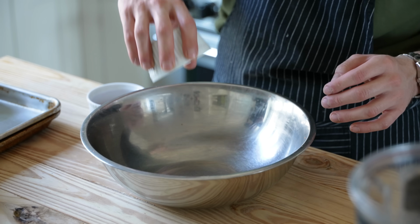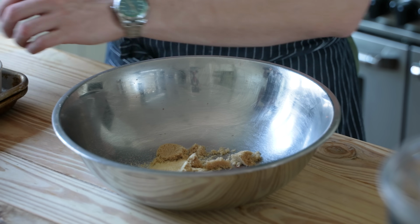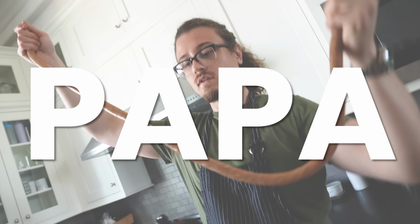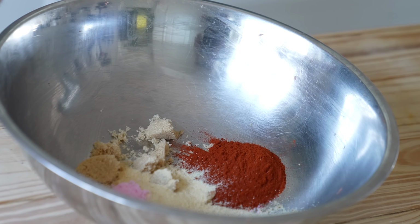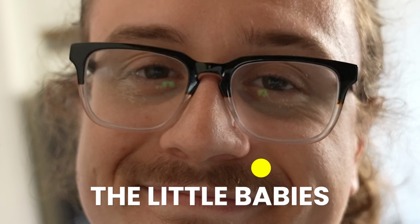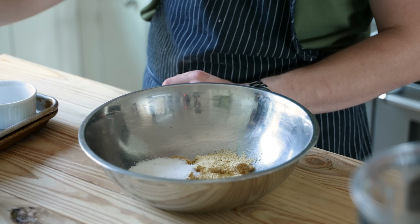In a separate bowl, combine 1 tablespoon or 15 grams of brown sugar, 2.5 tablespoons or 24 grams of smoked paprika, 1 tablespoon or 12 grams of garlic powder, 5 grams of Prague powder number 1. Now, listen carefully to Papa. 5 grams. You understand? Don't get all weird and try to do this in teaspoons. This stuff is dangerous if not handled properly, so please use a scale in the parameters that I've written here. Keeping it safe for the little babies. Yeah. 2 tablespoons or 5 grams of mustard powder, 2.5 tablespoons or 45 grams of kosher salt, 2 teaspoons